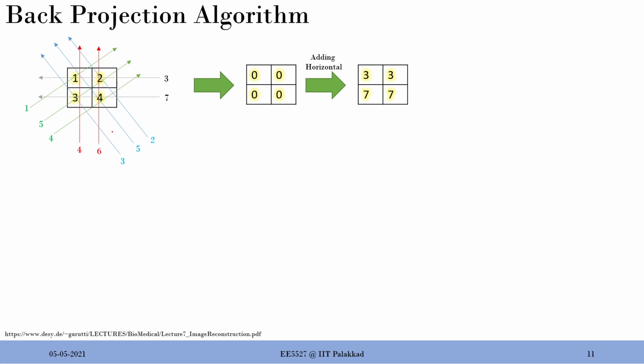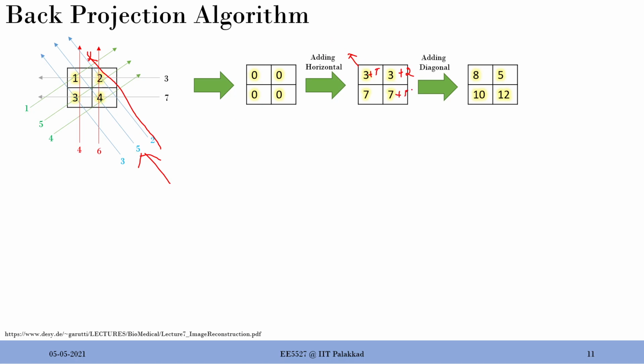Now I will go to the diagonal part, which is actually this dimension. So what we need to do then is that this particular line, that means this particular pixel, I will add the corresponding p of s comma phi value, which is 2. So that means this particular thing will get added with 2. So let me actually show you here so that this becomes clear. And then this dimension, the value is 5, so I need to add 5 here and 5 here. And then this dimension, it was 3, so I'll add 3 here. So let's say 3 plus 2 is 5, 3 plus 5 is 8, 7 plus 5 is 12, and 7 plus 3 is 10. So that's done.